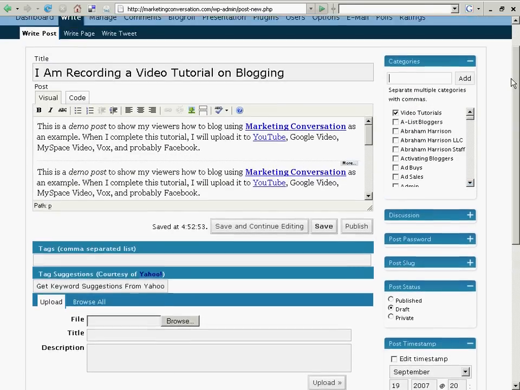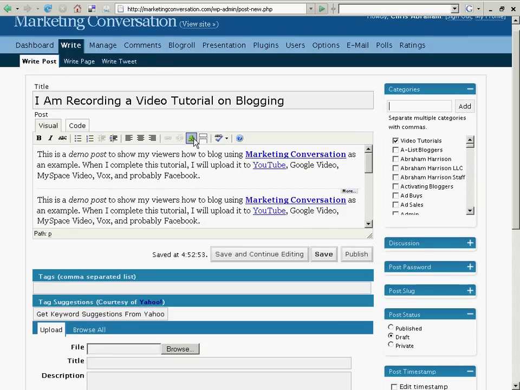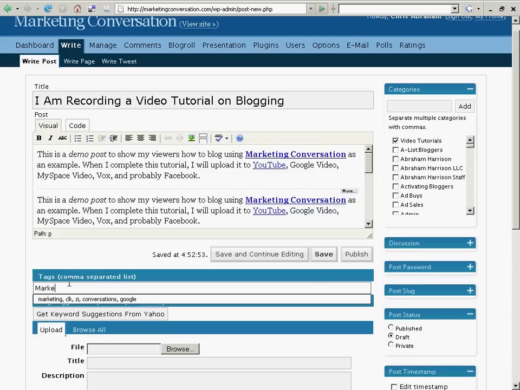And then there's other things that I could do. I could add an image, and I could also add a video if I wanted to, but I'll go over that later, maybe in a follow-up tutorial. So next here are tags. Tags are easy. Tags will actually be taken from your categories. You can also put them in by hand, such as marketing, video, tutorials, YouTube,